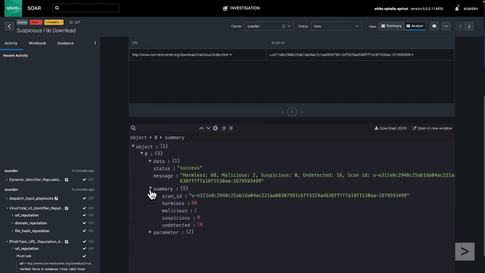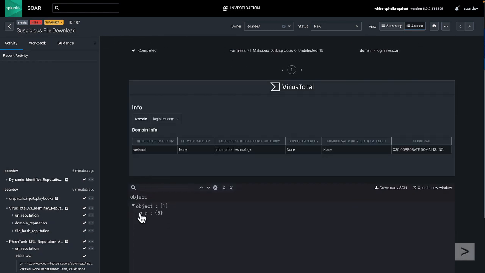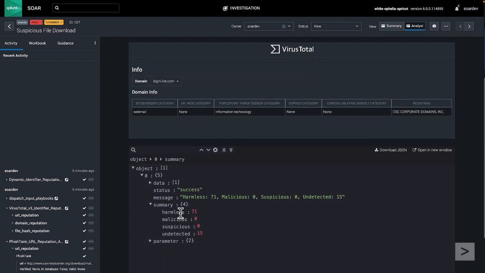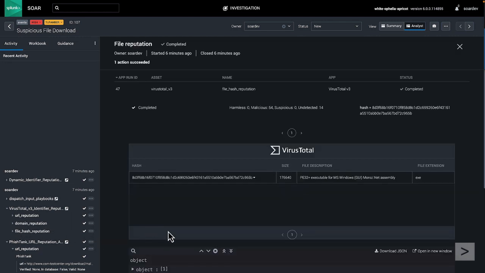It's usually useful to look at the summary information first. We can see here in this case for the URL reputation, VirusTotal found 68 harmless reports, 2 malicious reports. If we do the same thing for the domain reputation, again we can examine the output from that for the summary, and again we can see primarily harmless output. Then finally for the file hash reputation action,